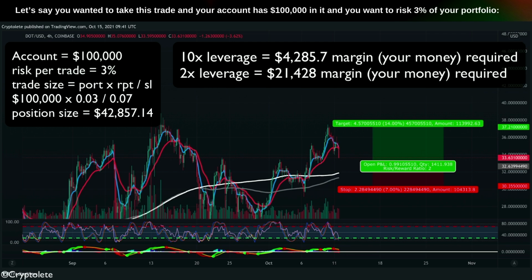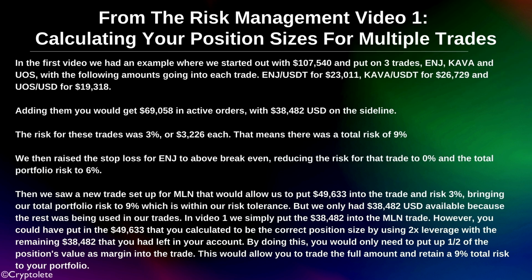So the only thing leverage changes is how much money in the trade is your money compared to how much money in the trade is borrowed money. So then, what is the point of leverage? Well, let's go back into our previous example where you put in 4 trades and used up all of your capital. So in the first risk management video, we had an example where we started out with